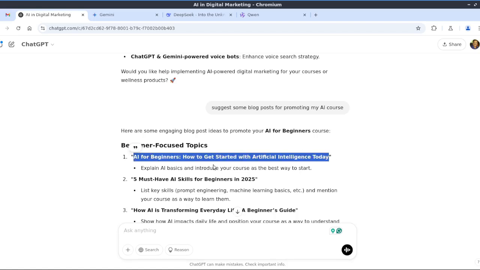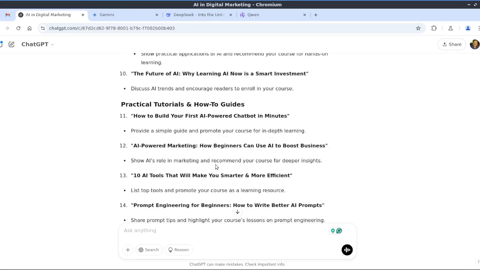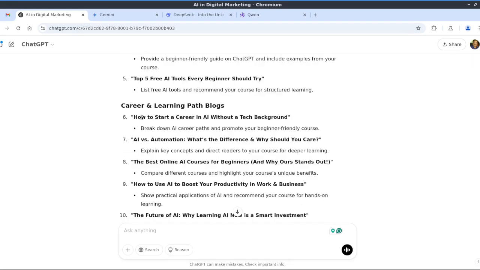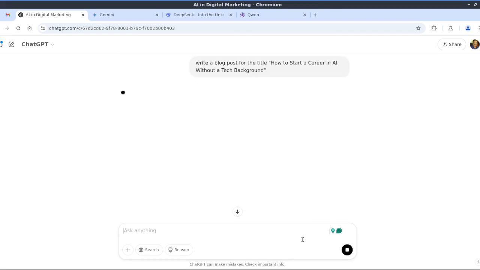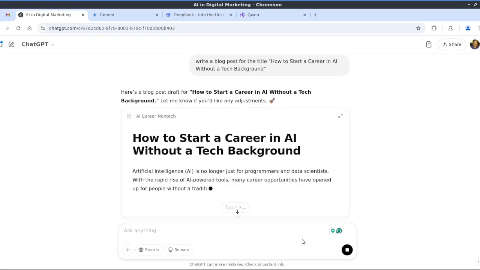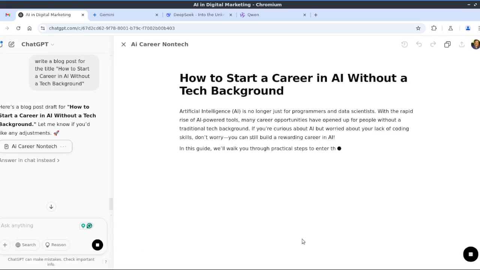Maybe you can ask it to create a blog post for number 1, number 2, like that, or just pick the one you want to create. Let me ask it: write a blog post for the title. We have to provide the number of characters or any kind of guidelines, targeting beginners, non-technical persons, like that we have to give.